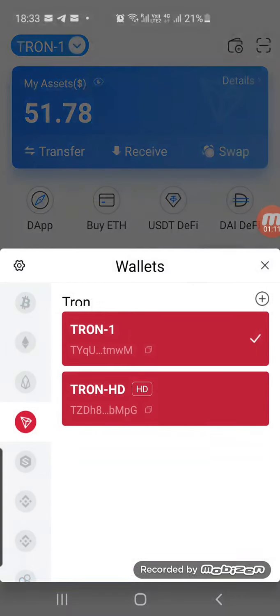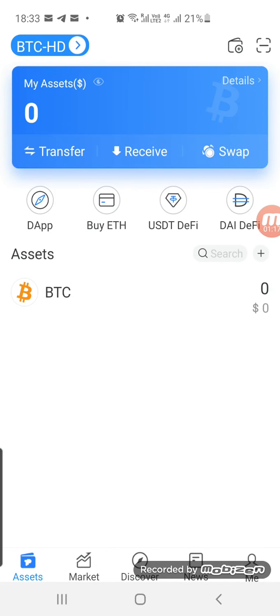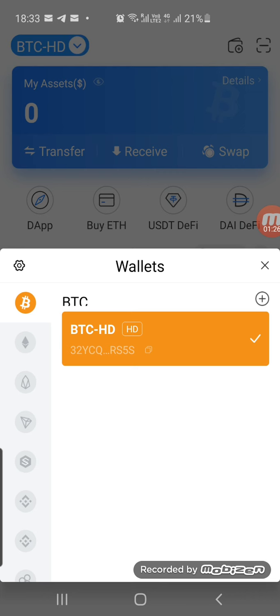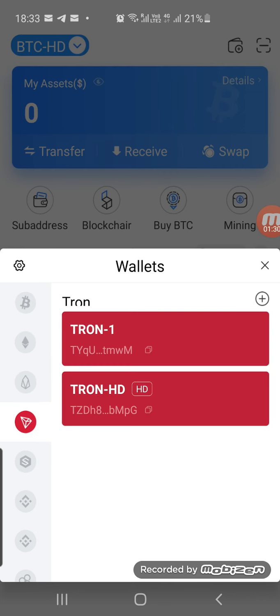In case it is not there, if I just select BTH, it just shows BTC. So we need to convert Ether into Tron, so we'll select the Tron.